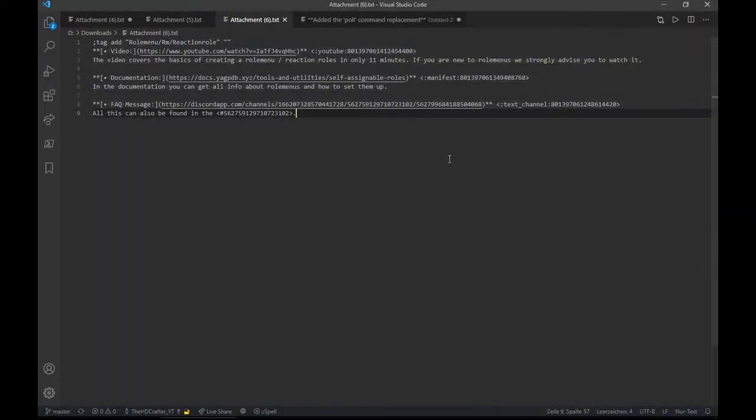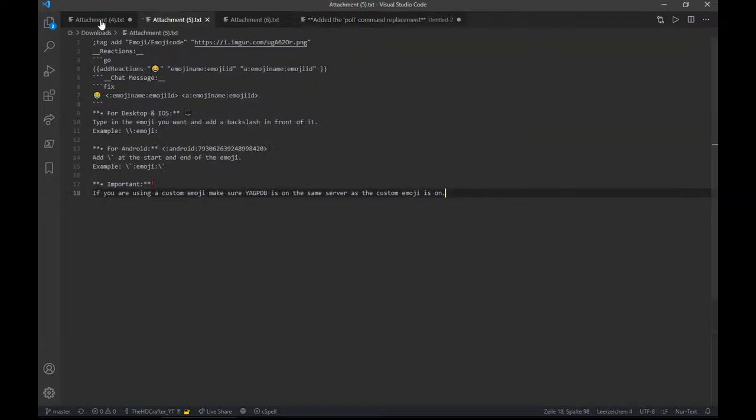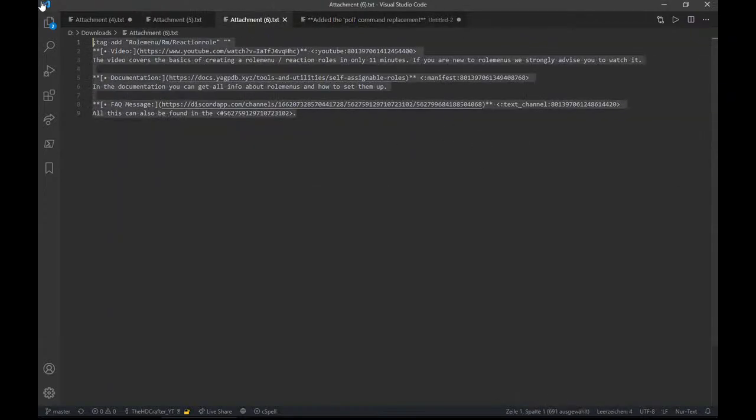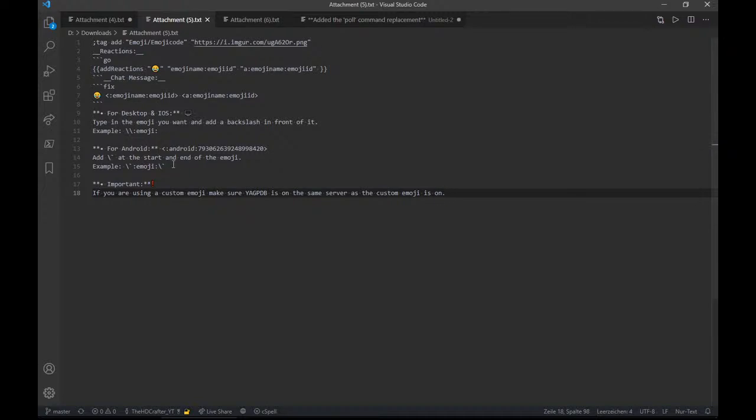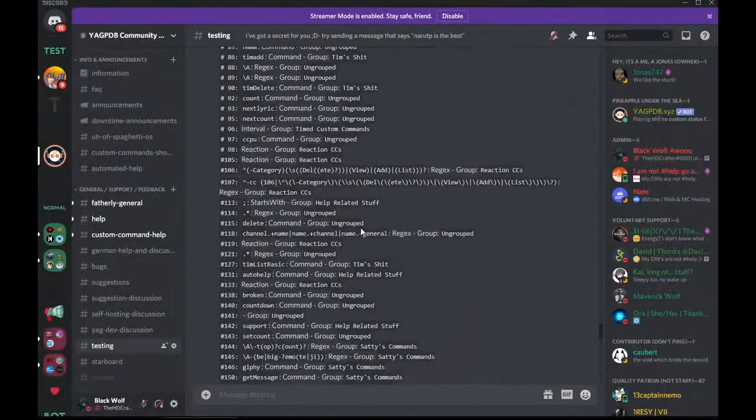So here is the poll command I wanted to announce soon. You can see the attachment here, and it's just how you would do a simple snippet. But here's a problem. If I now save it as this, the backslashes break. So if we jump back to Discord and scroll up here in testing,